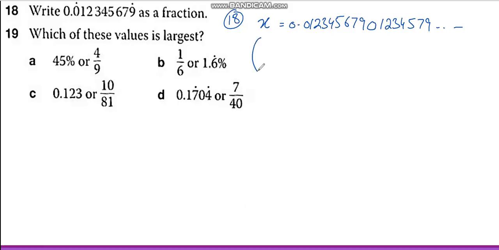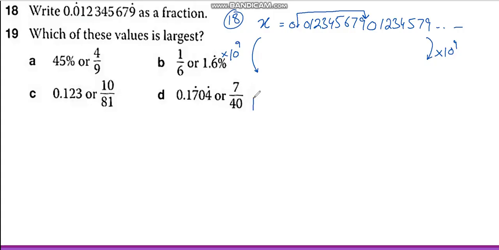Now I need to multiply with a power of 10 that has 9 zeros. So I will multiply with 10 raised to power 9 because it will shift my decimal point just after 9 digits. So if I multiply both sides by 10 raised to power 9, meaning 1000 million,